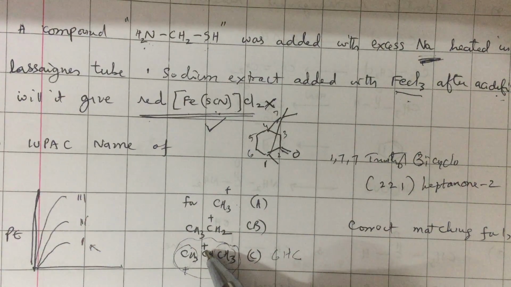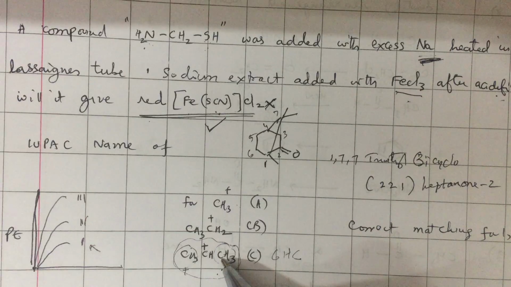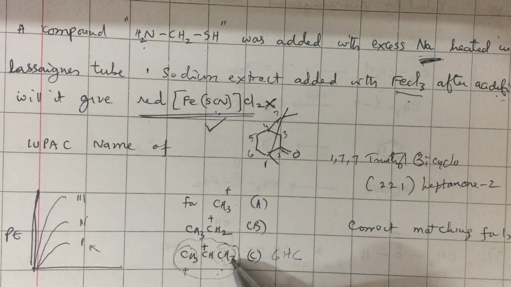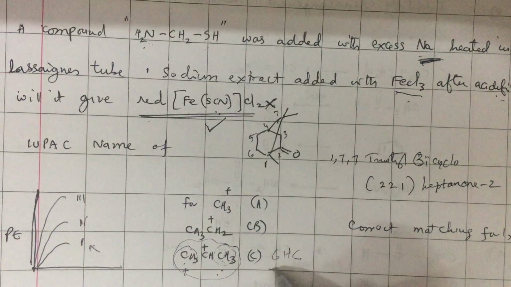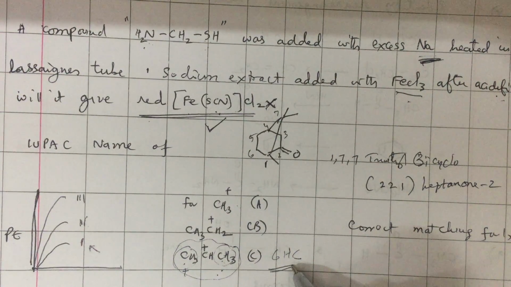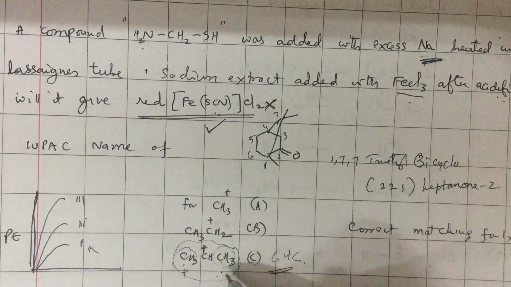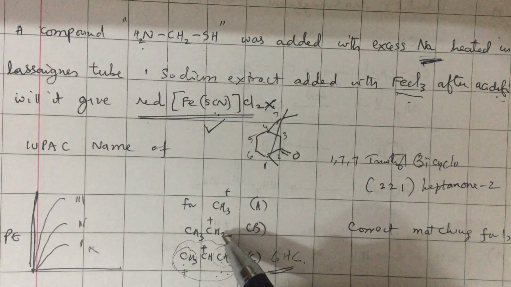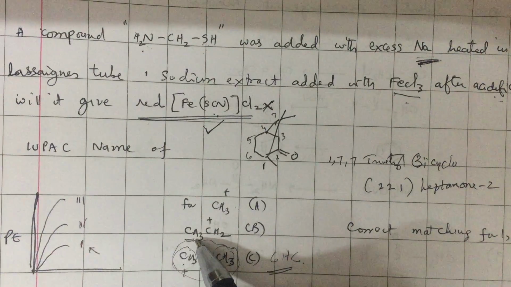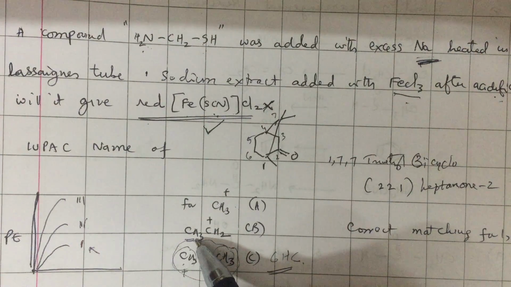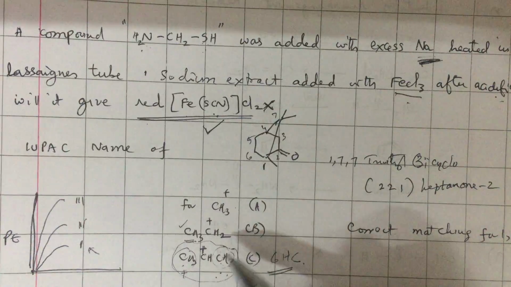Whenever a carbocation is linked to CH3, all the 3 hydrogens can be involved in hyperconjugation. Therefore, both sides together it can have 6 hyperconjugations that minimize the positive charge on carbon. Therefore, it has 6 hyperconjugation forms, which is more stable than this, which has only 3 hyperconjugation forms and a plus I effect by only 1 methyl group.